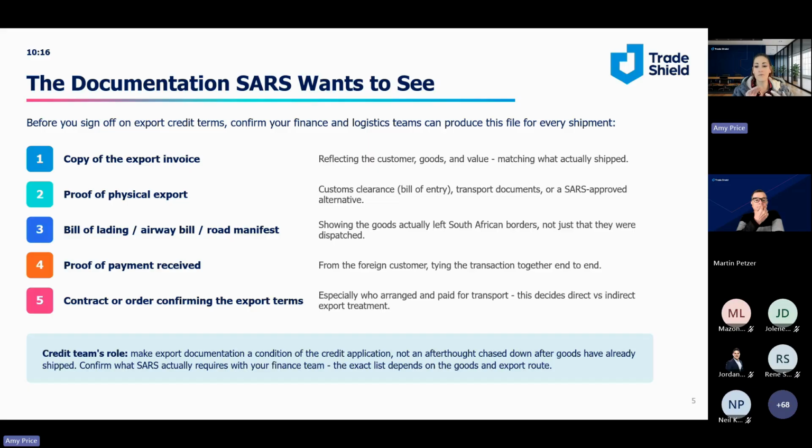You need the proof of the physical export information, sometimes it's called a bill of entry. Plus you need your transport documentation and the